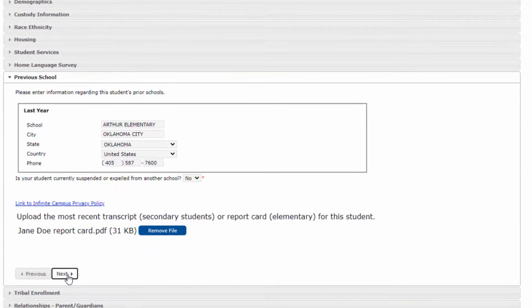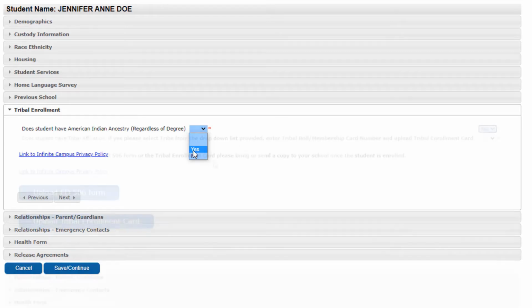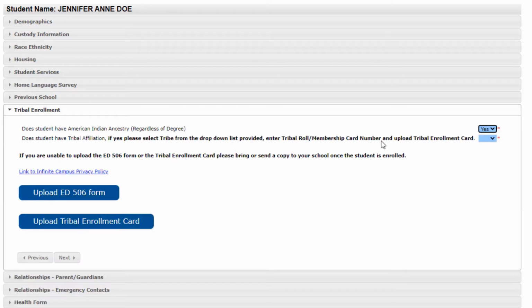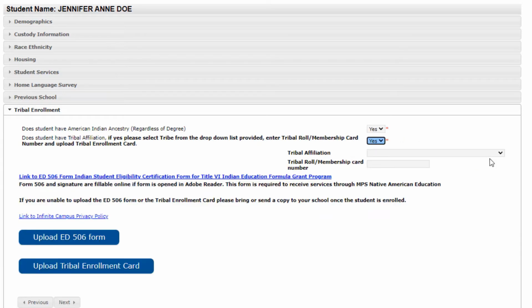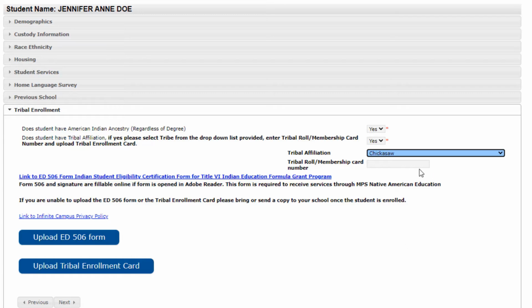The next area asks if your student has any tribal affiliation. If your student does have tribal affiliation, please provide as much information as possible about the specific tribe, whether or not they have a tribal roll membership card, what their tribal roll membership card number is, and we need you to complete the ED 506 form in order for your student to receive services through the MPS Native American Education